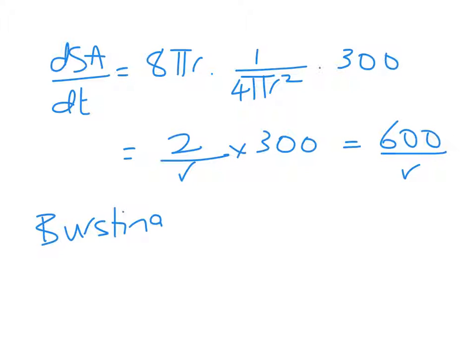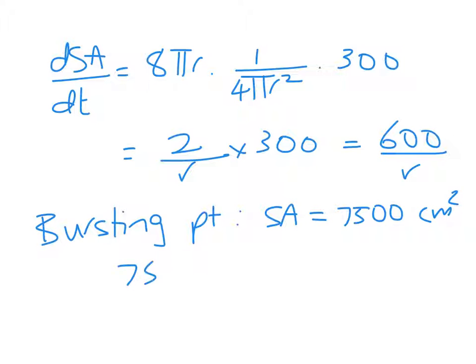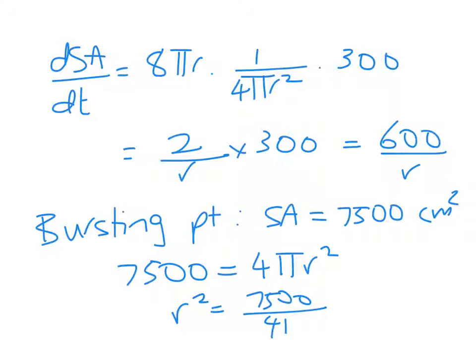The last thing we've got to do is to figure out what value of r I'm substituting in. So bursting point means the surface area is equal to 7,500 squared centimetres. So we're solving 7,500 is equal to 4 pi r squared, which is a year 10 algebra problem. So we've got r squared is equal to 7,500 over 4 pi. So r is equal to plus or minus